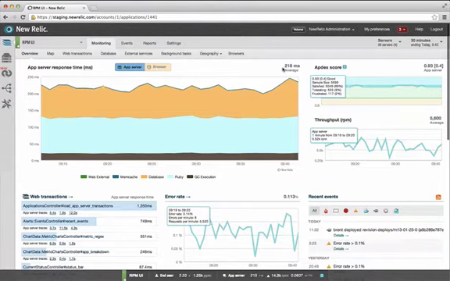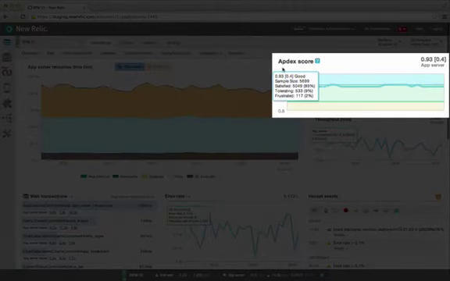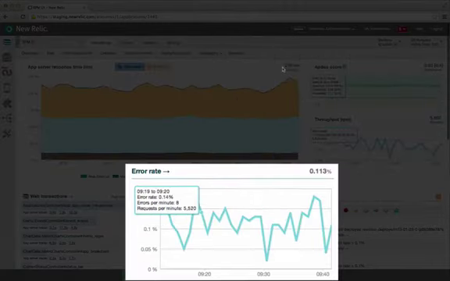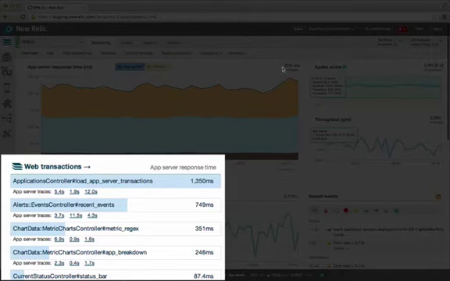Now that I've clicked on the RPM UI application, you see that I'm taken to the Monitoring Overview page. This page gives you a high-level overview of your application performance. We can see here the app server response time, AppDex score, throughput, error rate, events, and a section over here titled Web Transactions. Now you can see listed here 5 different app server web transactions with their corresponding app server